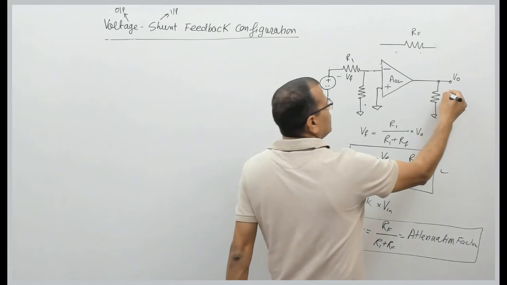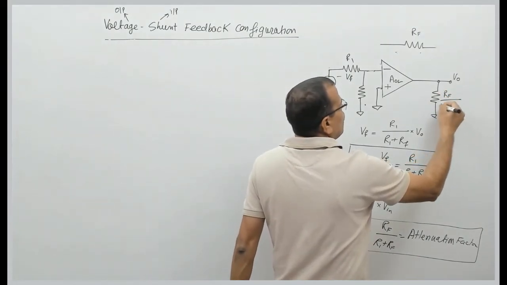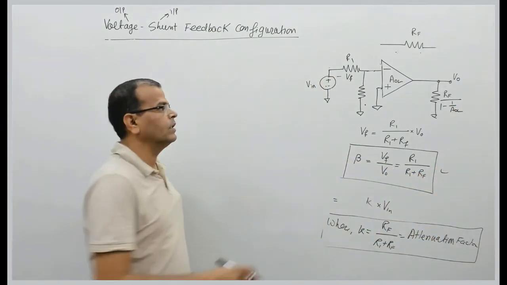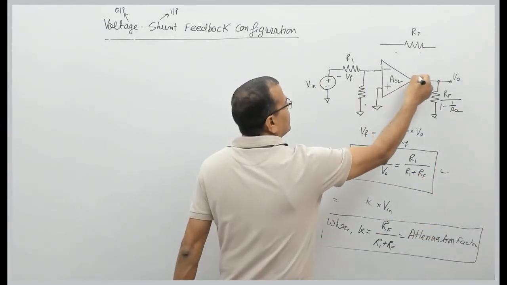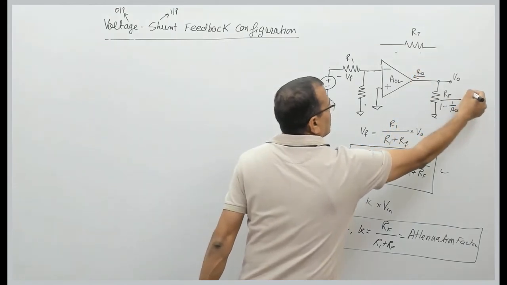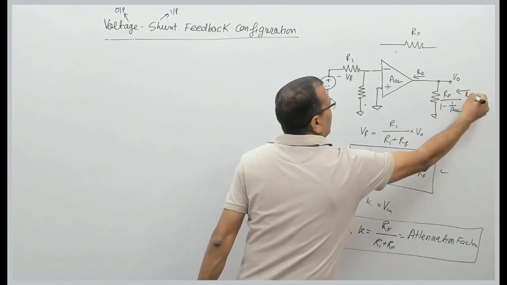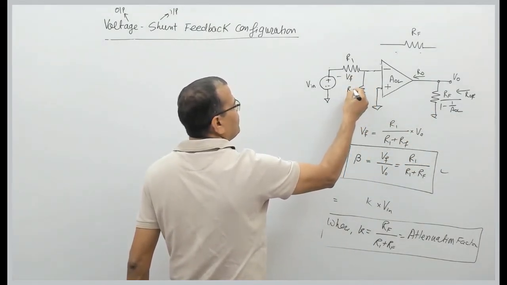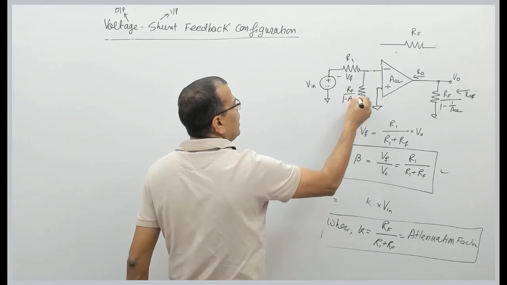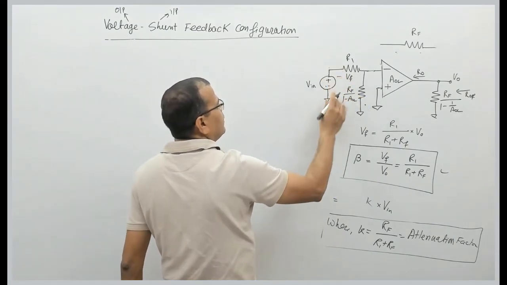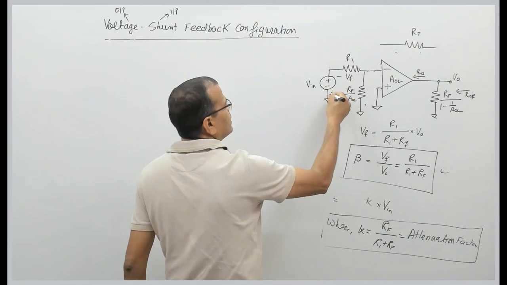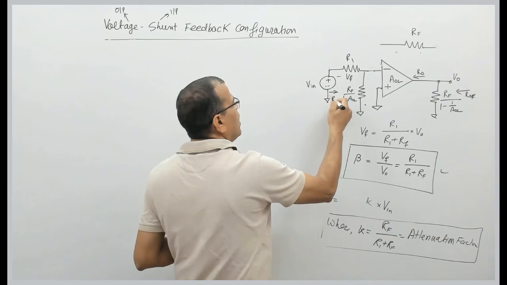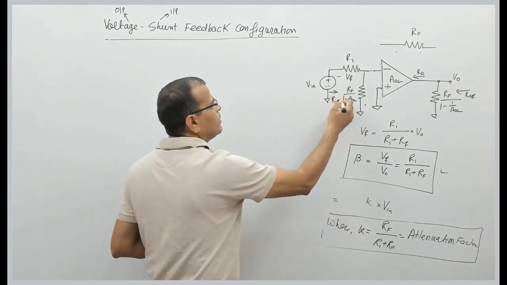What is this? This resistance will be RF by 1 minus 1 by AOL. This is the expression of this resistance which is there on output side. Resistance seen from here is R0. Resistance seen from this side is R0F, that is output resistance with feedback. Similarly, this resistance is RF by 1 minus AOL. And the total resistance seen by the source will be RIF, that is resistance with feedback.